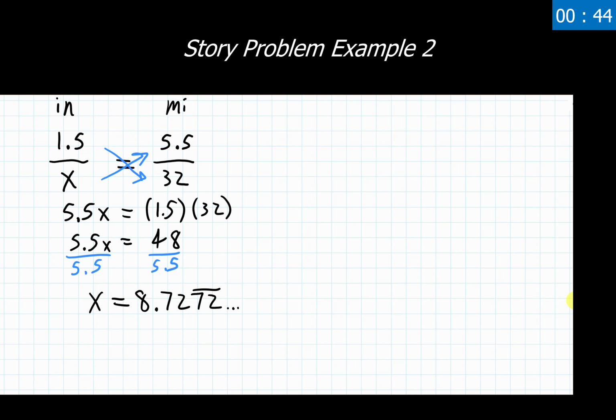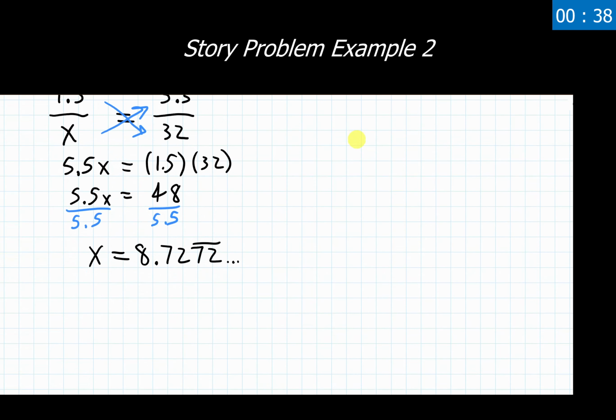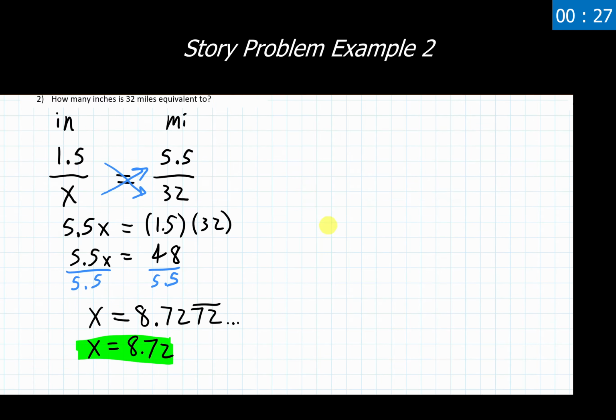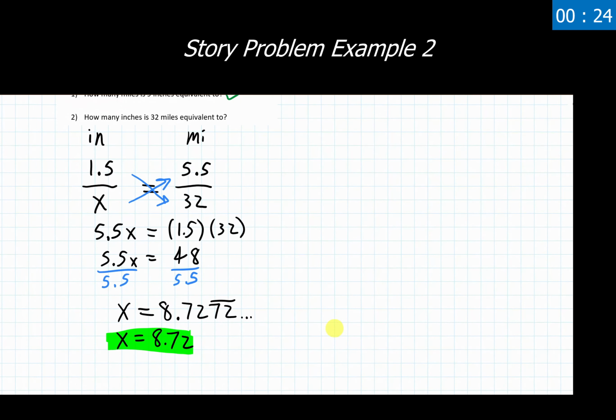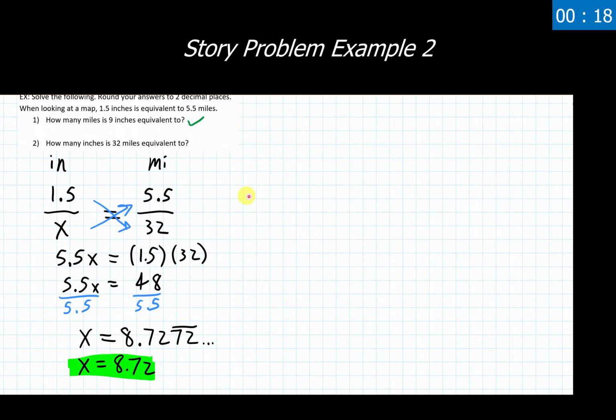Now we were told to round to the nearest, I believe it was, yes, 2 decimal places. So my final answer for this is going to end up being 8.72 inches. So again, just an alternate method for going through and setting up this story problem compared to our first one. Either method that you would like to use to organize this and do the initial setup for yourself, like we did right here, is fair game. I think they're both reasonable. They both have their strengths and pros and cons to one another, but just make sure you're picking one of those methods for the setup and then committing to that as you're going through and solving these types of problems.